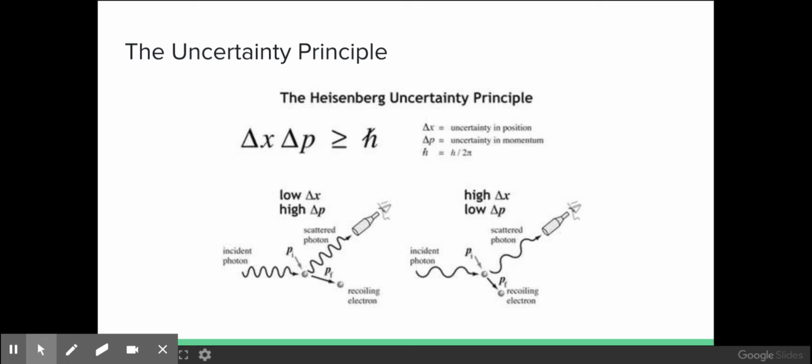Heisenberg's uncertainty principle also comes into play with how we describe electrons in atoms. We know that we can't measure simultaneously the position and the momentum, which is directly related to the energy of the electron, with a high level of precision. So there has to be some give, and the give that we have here is position. We don't care exactly where that electron is. We care more about its energy. We want to describe its energy very accurately according to wave equations.